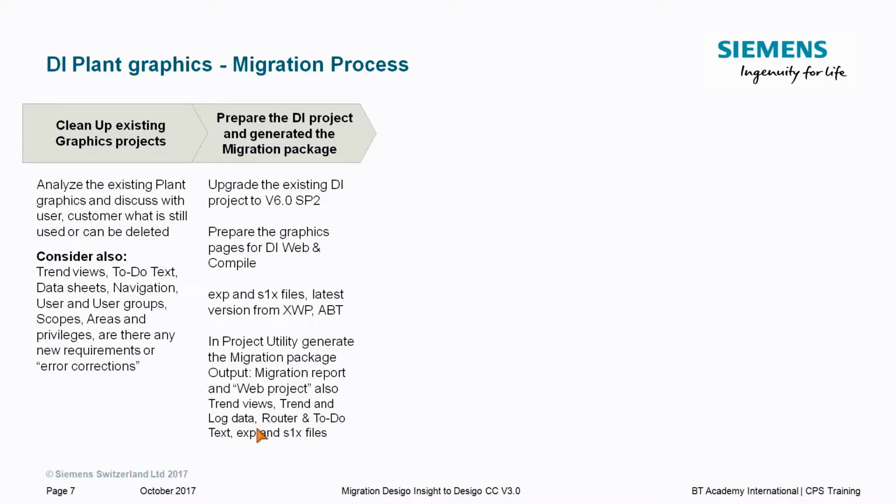Then preparing the Desigo Insight project. So upgrade the existing project to version 6 Service Pack 2. This is a job you do in your engineering office. So you have a backup of the actual Desigo Insight project of your customer. You take that to your office, and you do an upgrade to Service Pack 2 there. Okay? Then prepare the graphics pages